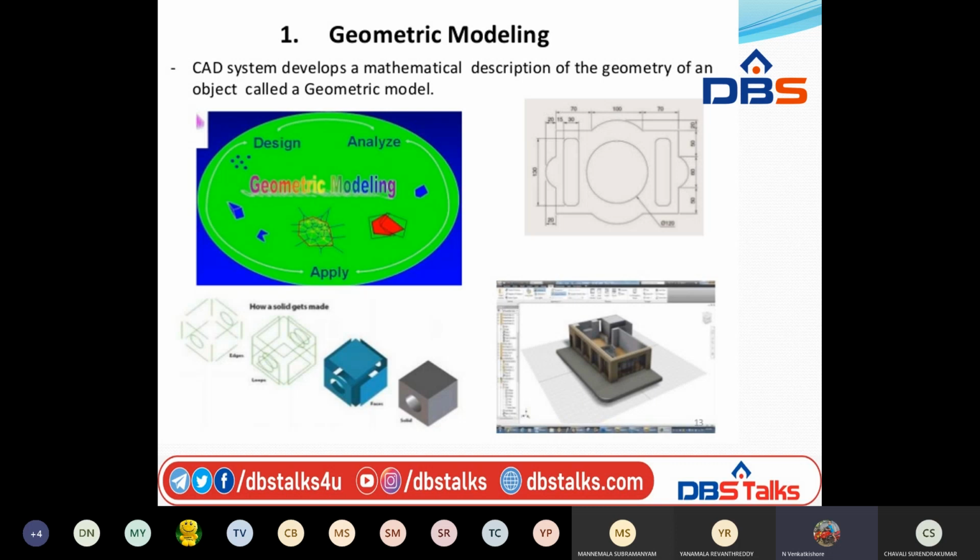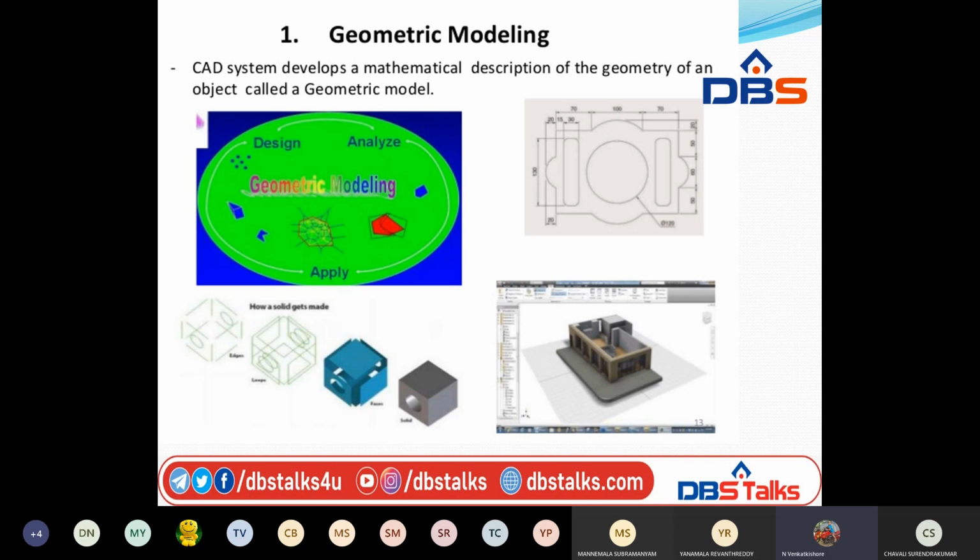Then what about 3D? As all of you know, 3D allows full three-dimensional modeling for more complex geometry. So this is 2D and this is 3D. And 2.5D looks like 3D but is not 3D. Basically we know only 2D and 3D from learning CAD systems, but there is a 2.5D also. That is a new concept you have to learn.